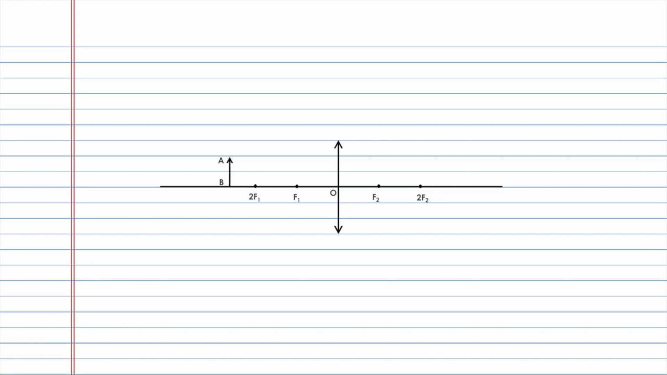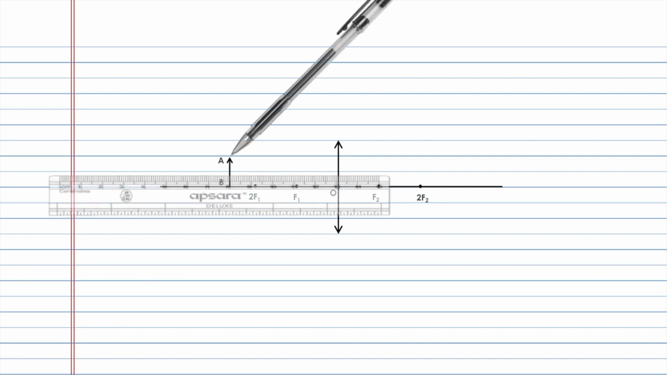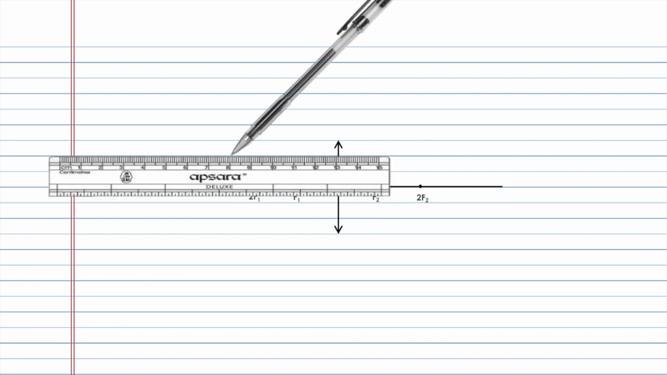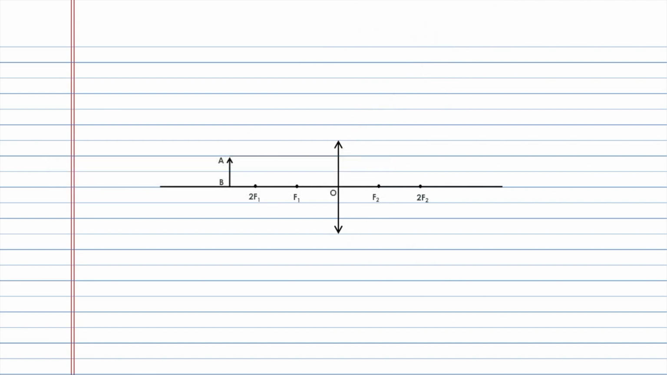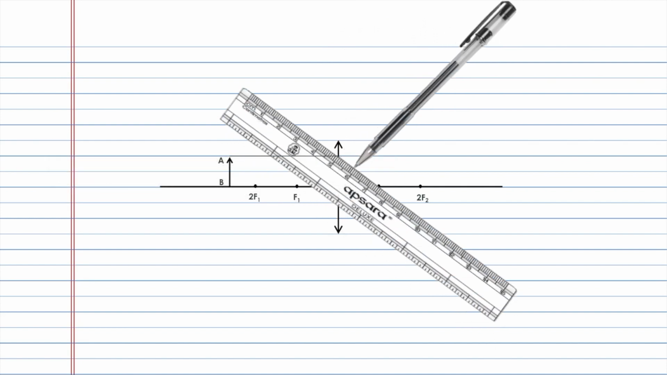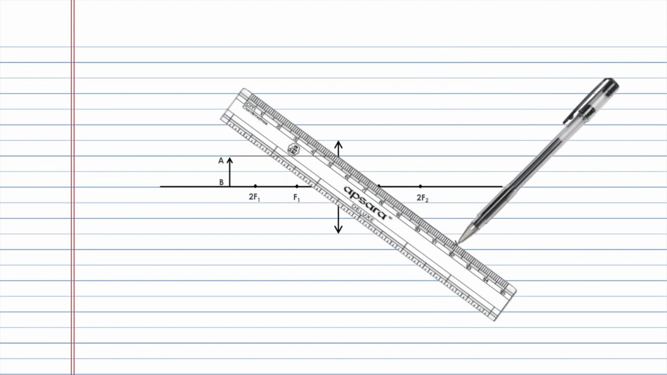Now we will first use 2 rays from A to make the image of A. So one of these rays goes parallel to the principal axis. So we will draw this ray. This ray passes through the other focus, and then